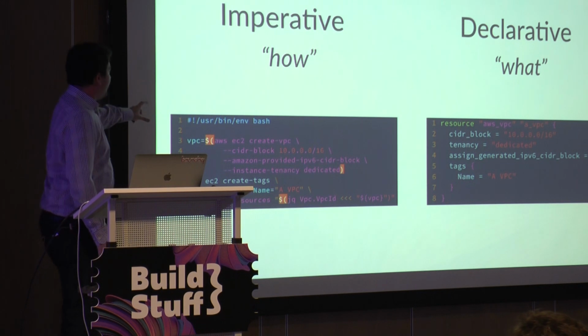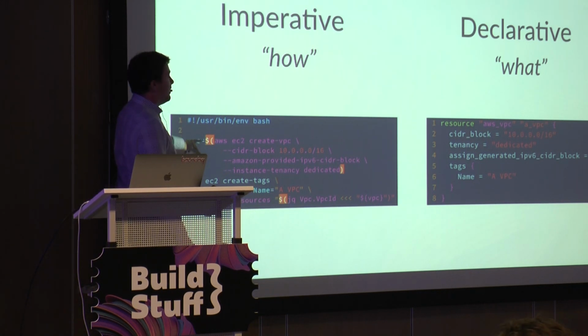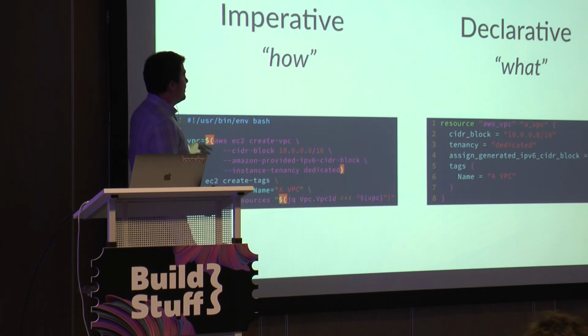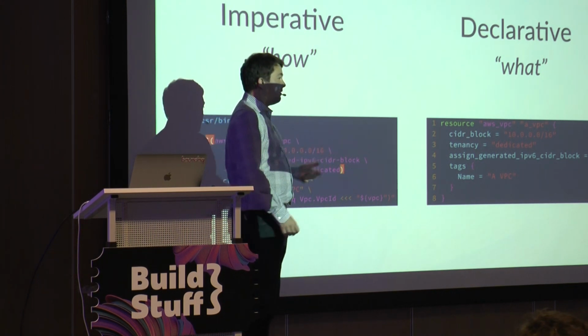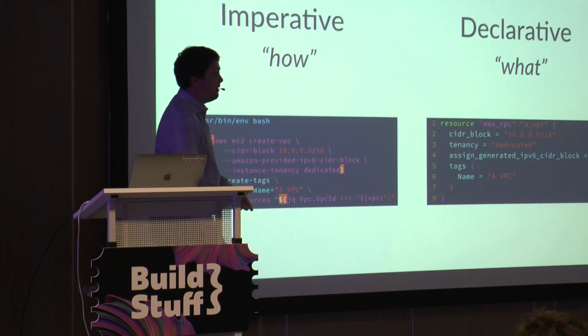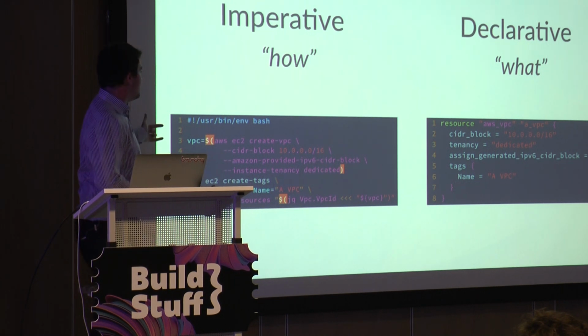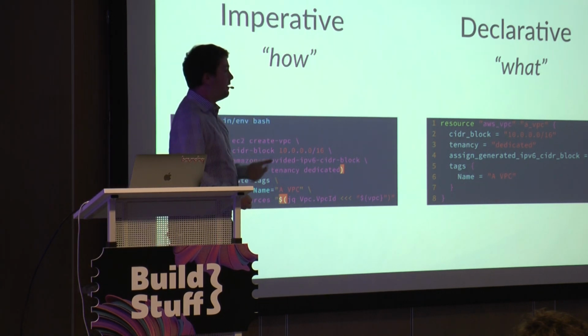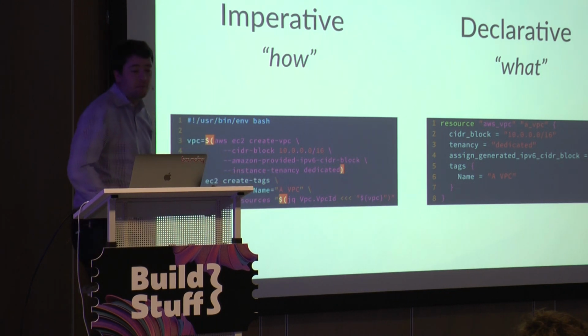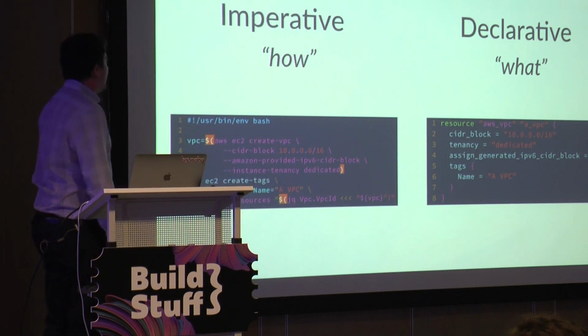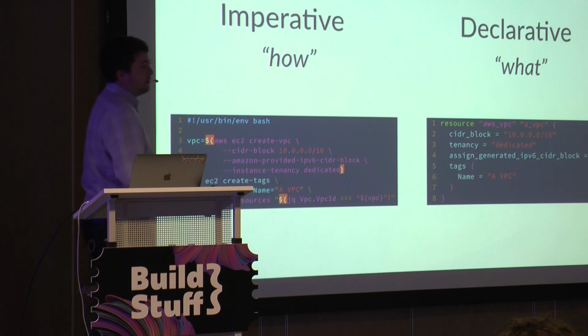On the left, you get the precise set of commands needed to go create this thing. And on the right, you have a declaration of what you want the end state to be, and the program goes and works out how to get there. In this case, we're executing commands directly. In this case, we're providing rules that something else evaluates. Ostensibly, these are similar amounts of code, right? So it doesn't look like too big a difference.